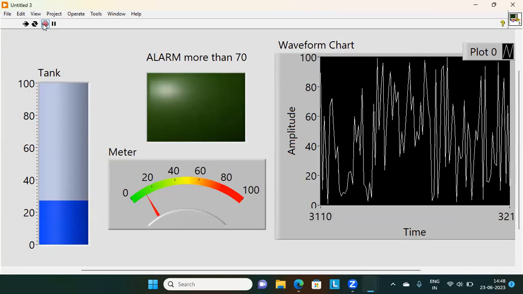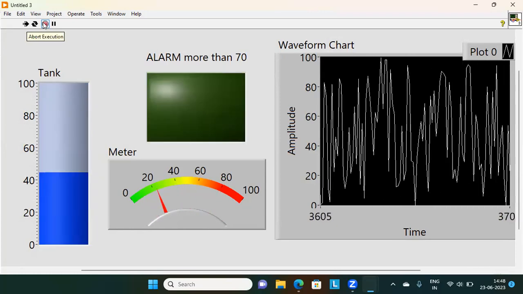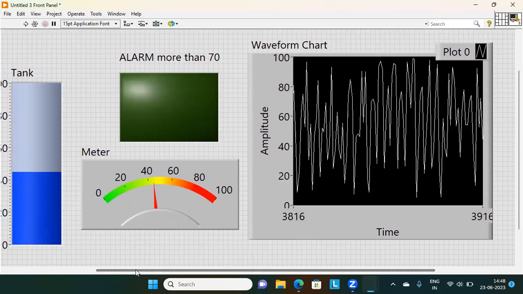Okay, so I stop this program for a moment. There's a red color button for execution. Now I want to modify this program slightly by using some programming concepts. So in that case, let's press Ctrl E,